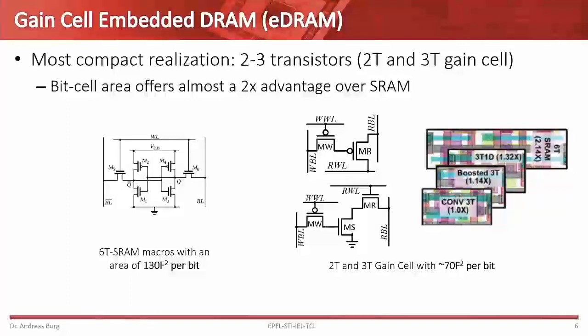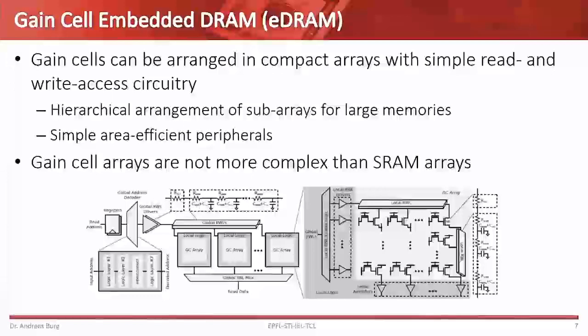And both of them you can realize with about half of the area, if you try to make a compact layout of that, compared to an SRAM cell on the left-hand side. So that's a very good idea. It gives us a lot of area advantage and can be realized in a very compact form. Now, if we want to put these into a memory array, we need to architect the array around it, and we can do different forms of this. But essentially, what you see on this slide is the structure of a typical on-chip EDRAM memory array,